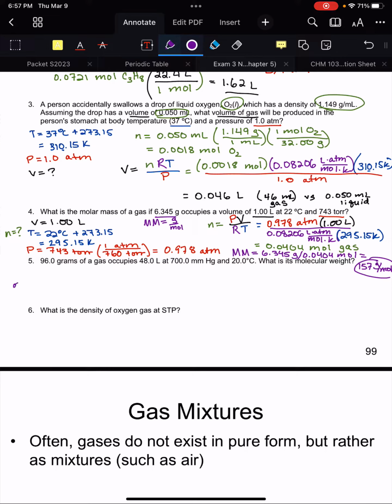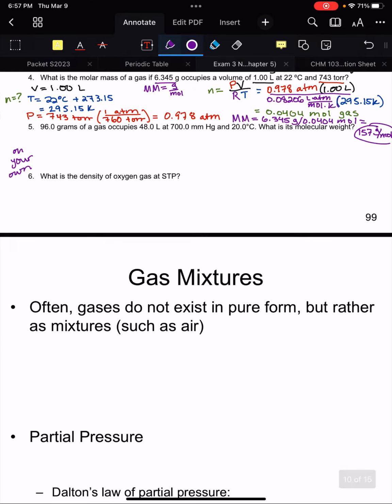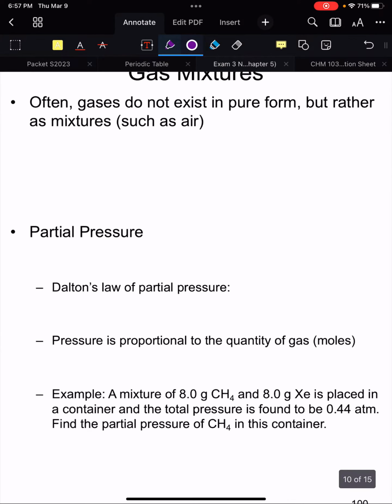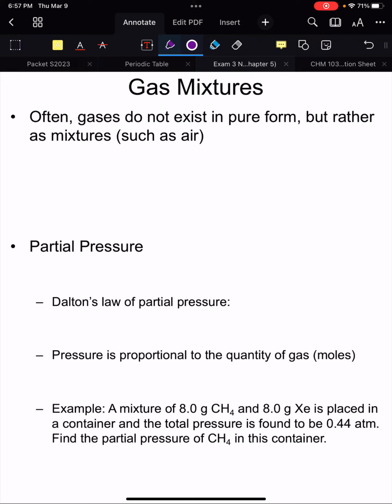So try number 5 and 6 on your own for practice. And let's move on to the next topic. So the next topic in our notes is gas mixtures. So a lot of the time when we have gases, they don't exist